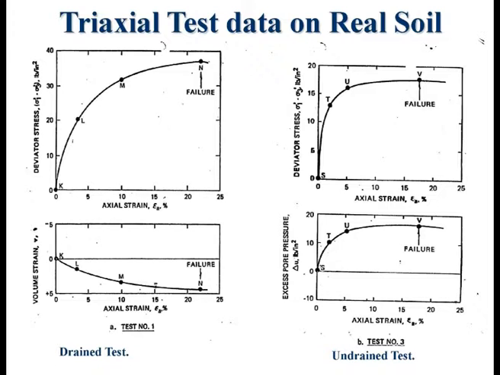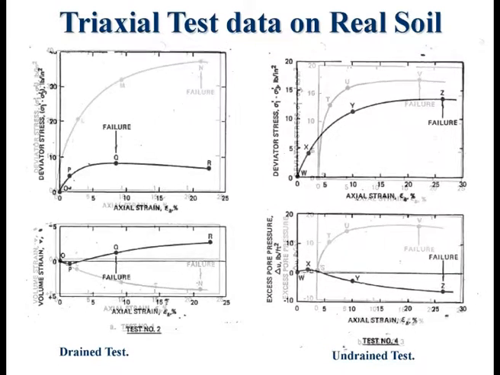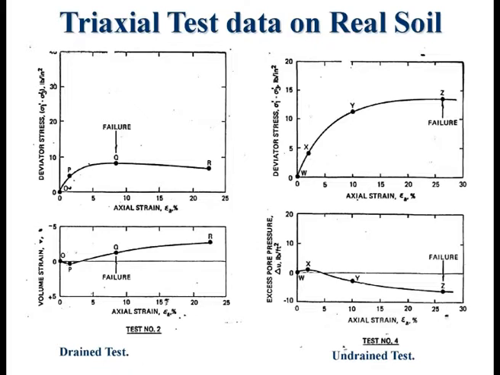So we don't have to say too much about this. And similarly, for the heavily over-consolidated test, for the drained test, you can just make out the peak strength, okay, at the point of failure, and then it comes down after peak, okay. And similarly for the undrained test, you can also see that it is pretty non-linear. So basically, quite evidently, the